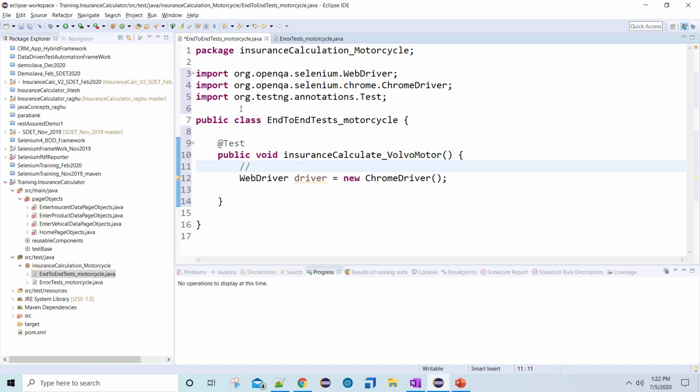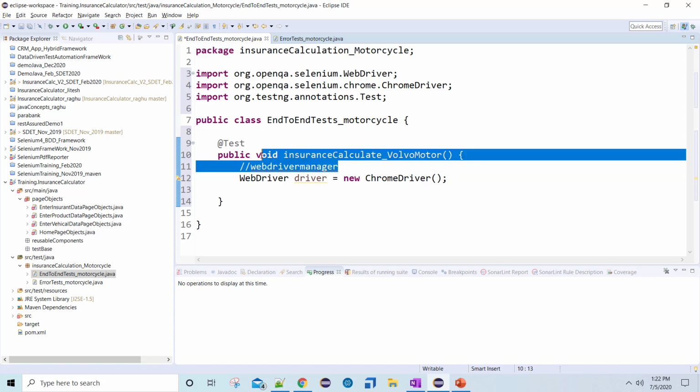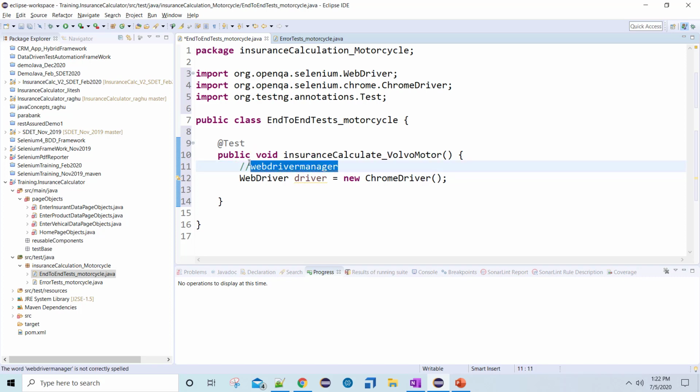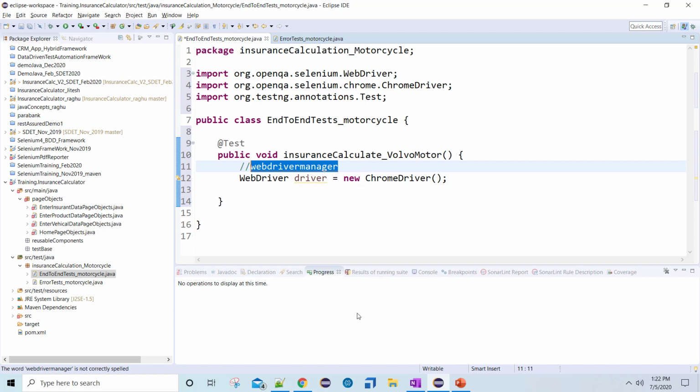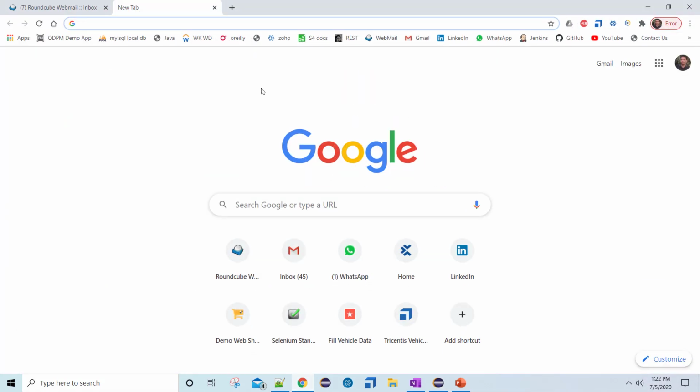What I'm doing is using something called WebDriver Manager, which is used to manage the dependencies. You can search for the video on this WebDriver Manager. I have on my channel a couple of very detailed videos, how it works externally and how it works internally.